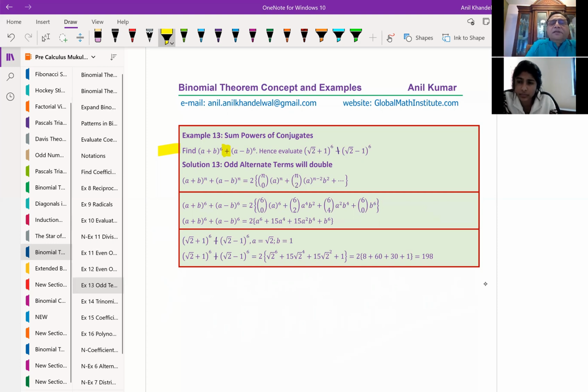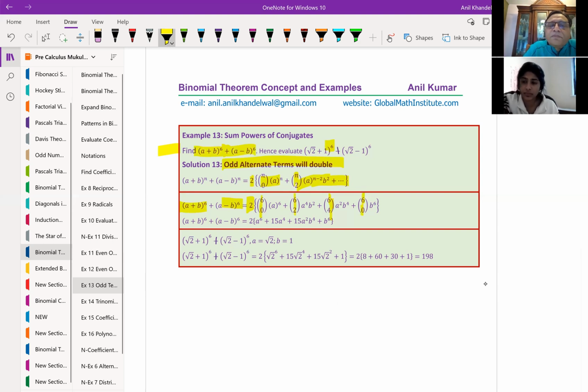So in this series, we have odd alternate terms which will double up. So we have 2 times nC0 a^n, nC2, and like this we have a series, correct? Now in this case, the power is 6. Since the power is 6, it will be 2 times 6C0, 6C2, 6C4, and 6C6. Those are the four terms which will add up, and twice these terms will be the sum of the